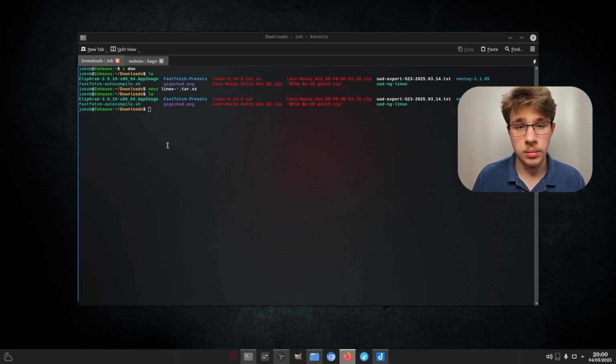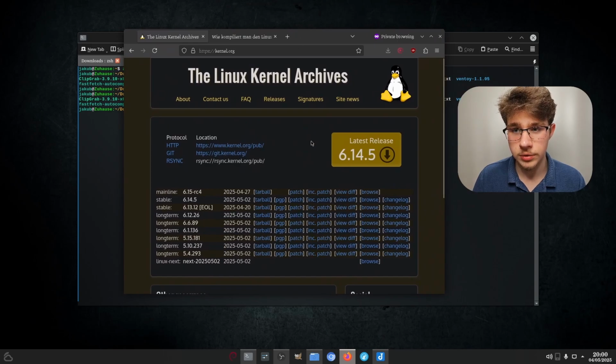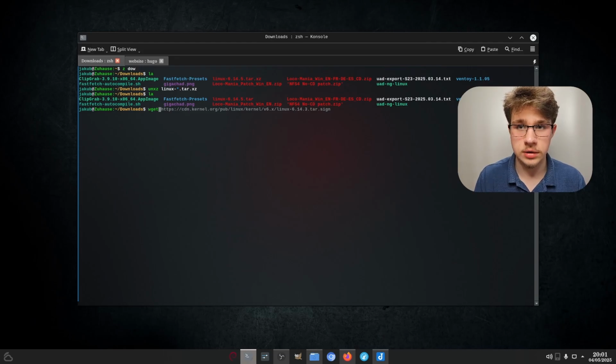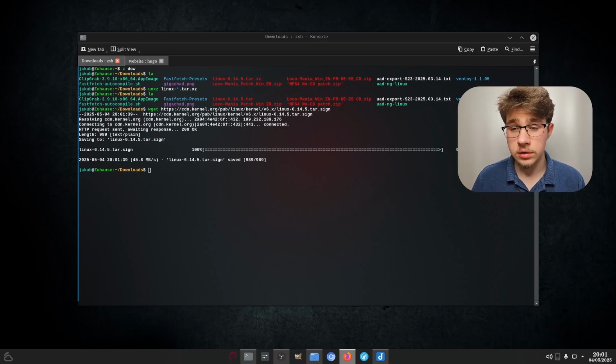We now have that, but we also want to check if our Linux kernel isn't tampered with or is correctly signed. You can go to the Linux kernel website and copy the URL for your Linux kernel version's signature, which you saw here, but you can also download it here. It's the same thing, but download the GPG verification with copy link, and now you just do wget and paste it right here. I've used it in the past, so here I just could complete it and change the version, and like you see, it's done fast